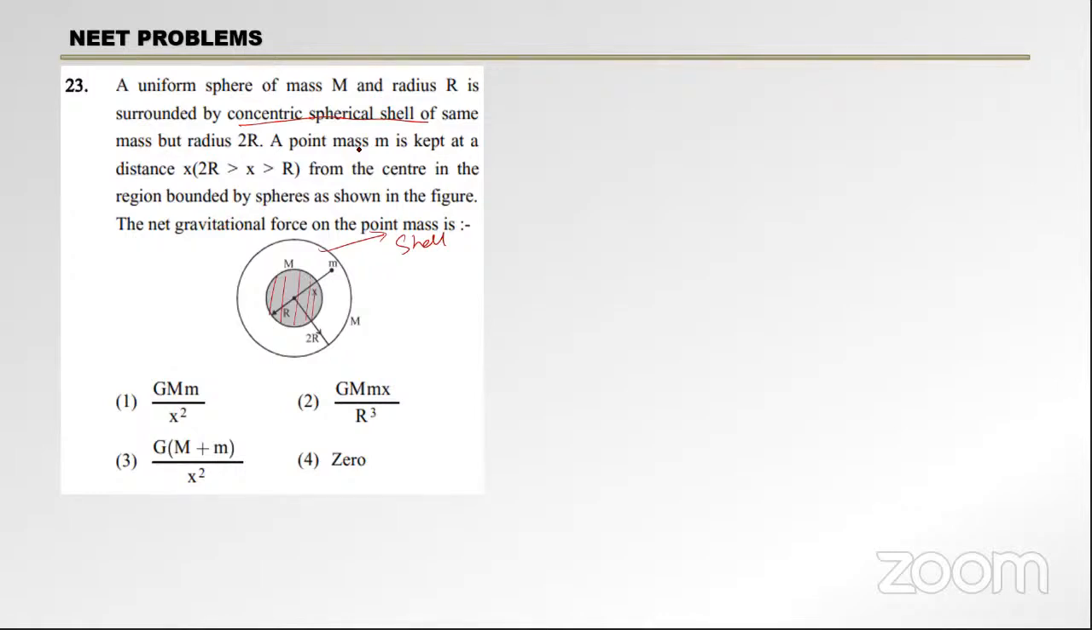Okay. Now it is telling a point mass m is kept at a distance x. So there is a point mass here, see this one, which is at a distance x from the center in the region bounded by the spheres as shown in the figure. The net gravitational force on the point masses. Okay, so why this question is good is,